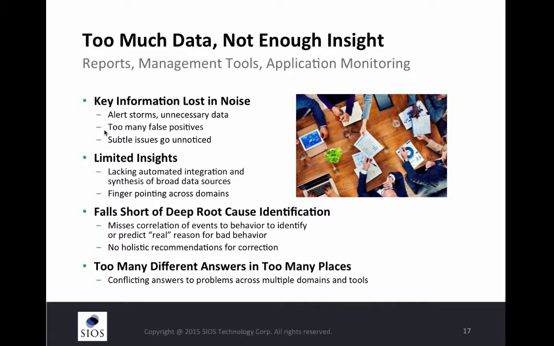As David mentioned before, you've got a lot of finger pointing in IT silos, so IT might have to bring together folks from various teams in order to figure out the root cause of the problem. And many of the tools used focus again on specific silos, such as the application or the storage or networking tools. So again, the data is out there, but correlating and fully understanding the data, not only the data but its meaning and what that translates to as far as the real root cause of a problem, can certainly be challenging and time-consuming, involving many different parties, and of course that all comes back